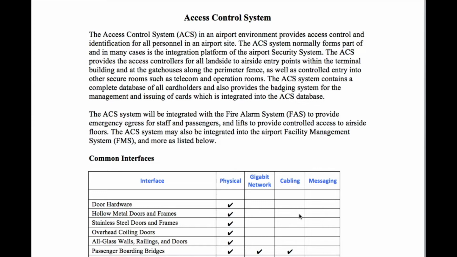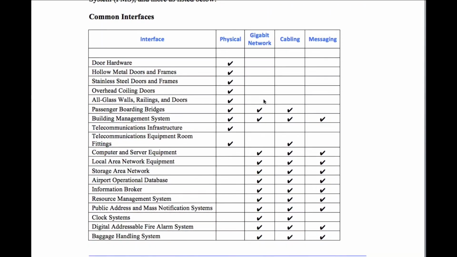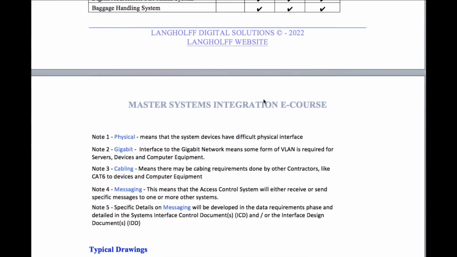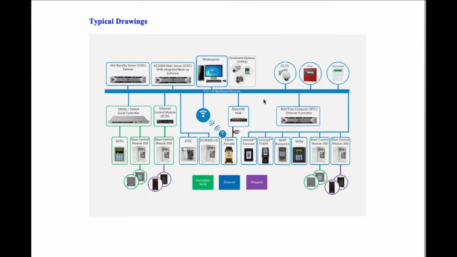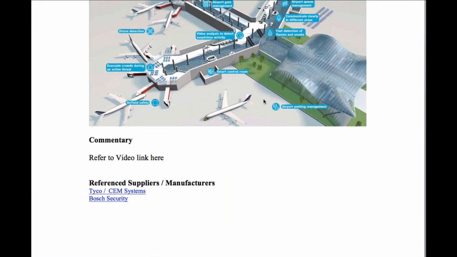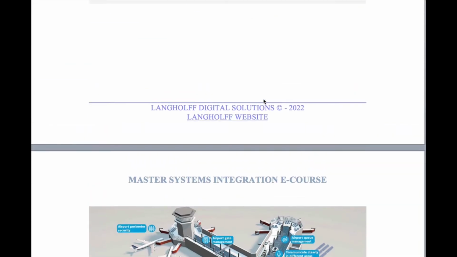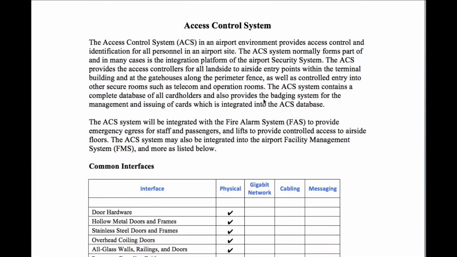Every system description will have a short narrative, common interfaces, some notes associated with those interfaces, some typical drawings, a commentary, which you may be listening to now, and any reference suppliers or manufacturers which we utilized to prepare this presentation on the access control system.